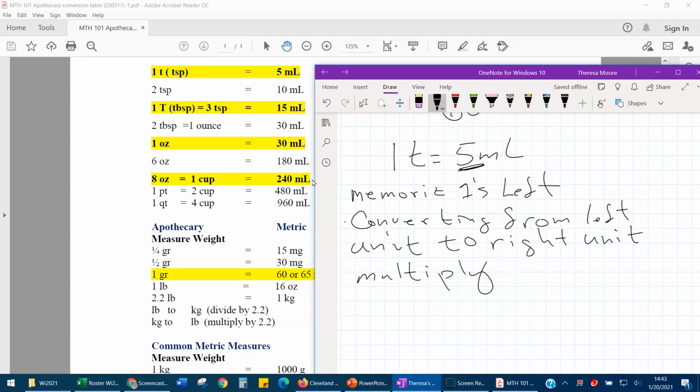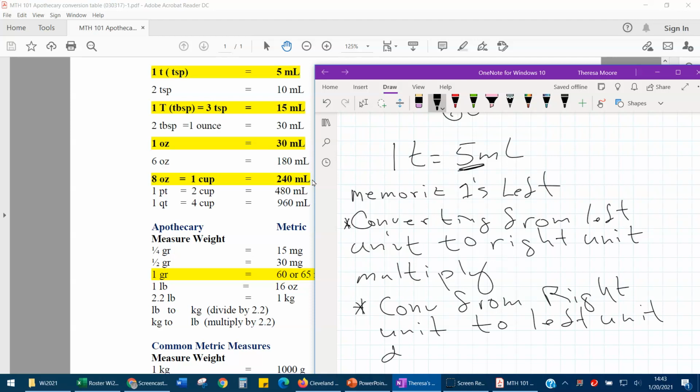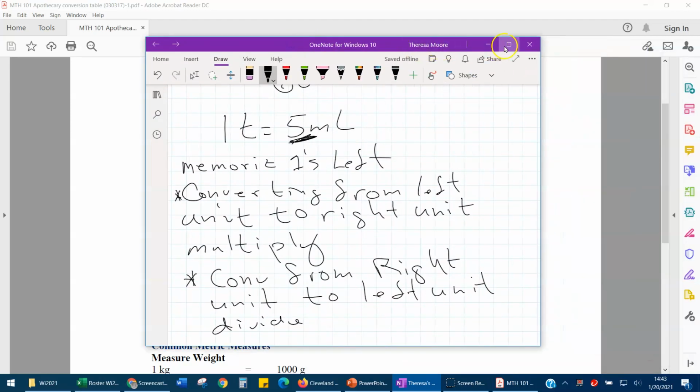If you are converting from the right unit to the left unit, you're going to divide by that same number. So if I'm converting teaspoons to milliliters,